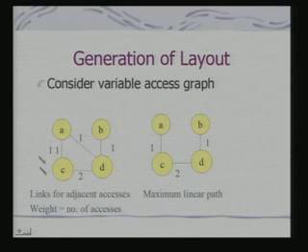Now, from this graph, I can extract what we call the maximum linear path. In fact, this is the maximum linear path. So, what does that mean? That means, if you look at these variables, this is the path along which the maximal accesses take place. Because if we add up this one single path, this path gives you the kind of accesses that there are.